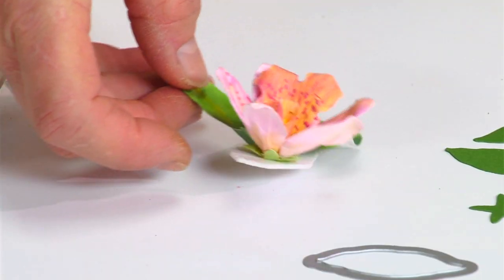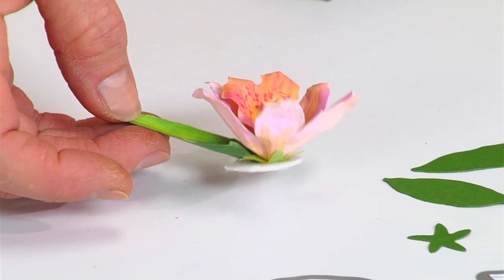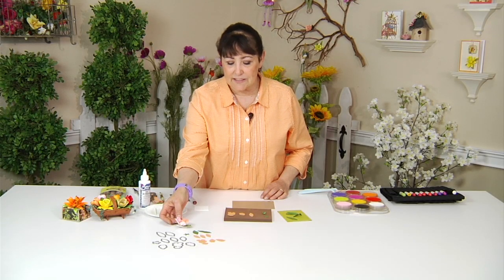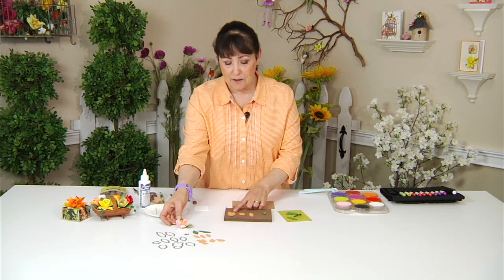Welcome to Susan's Garden. One of my favorite flowers we're going to do right now is the orchids. I grow orchids, and so these are my passion because of their unique color and detail. In fact, this is one, even though I'm going to show you the flower cut out on a peach-colored cardstock,